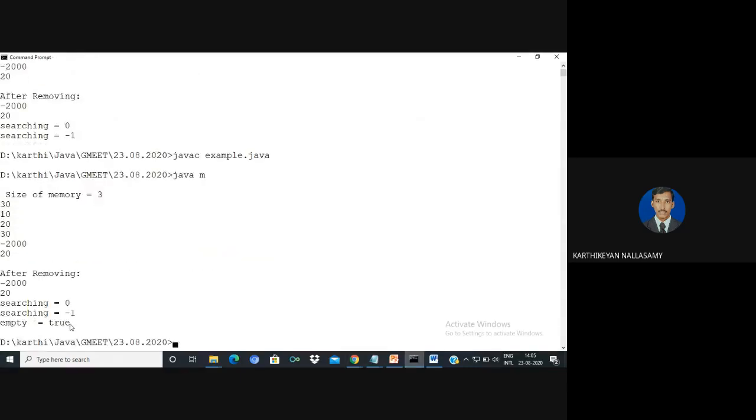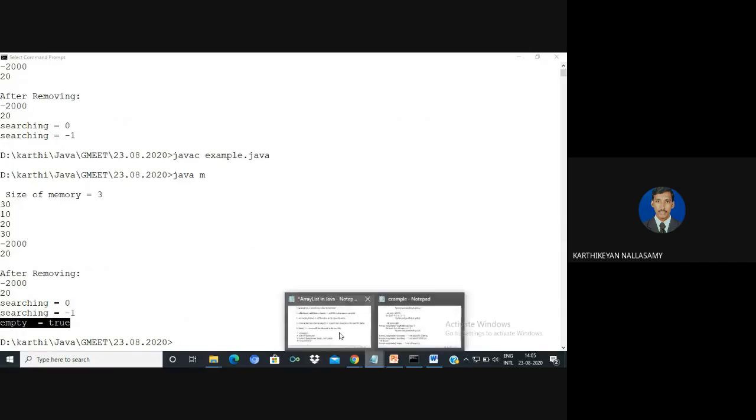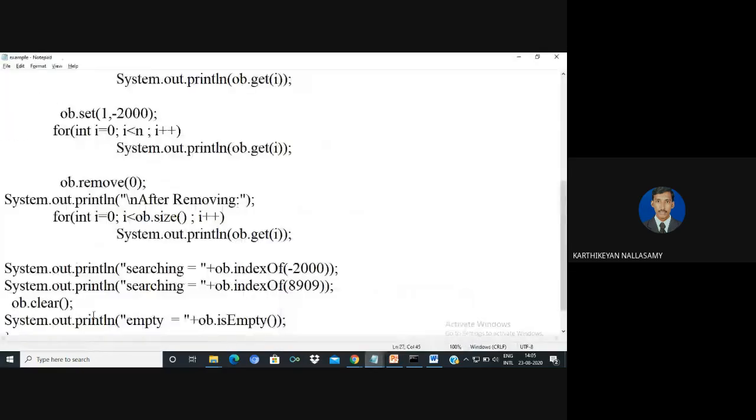It returns true, which means the list is empty, because before that I cleared the entire content. If you call the clear method, the content of the array list is erased. So after processing this line, the content of this array list must be empty.